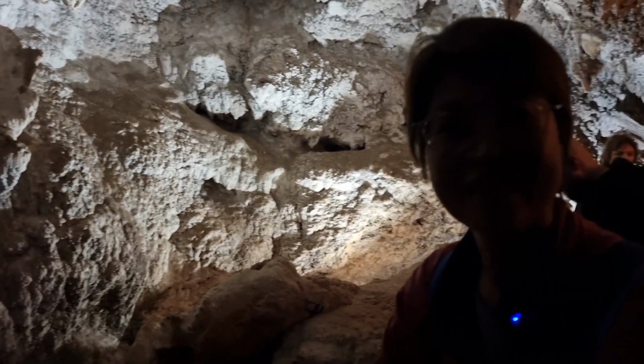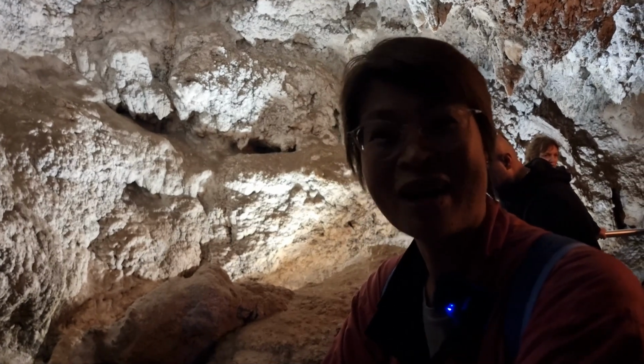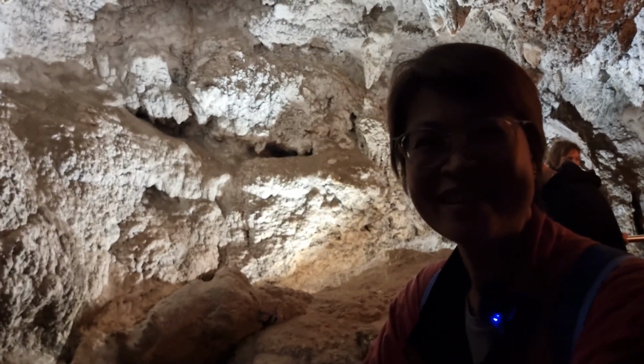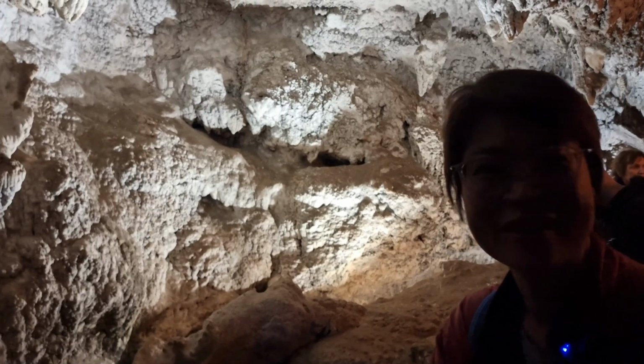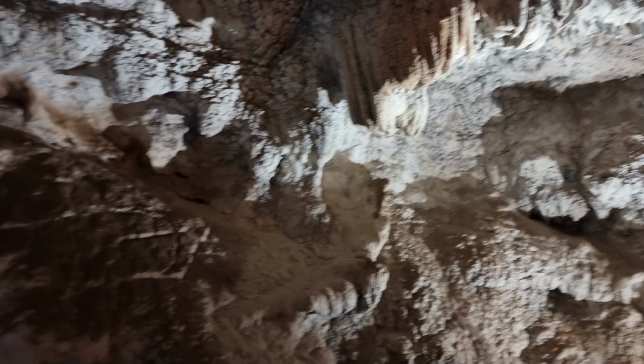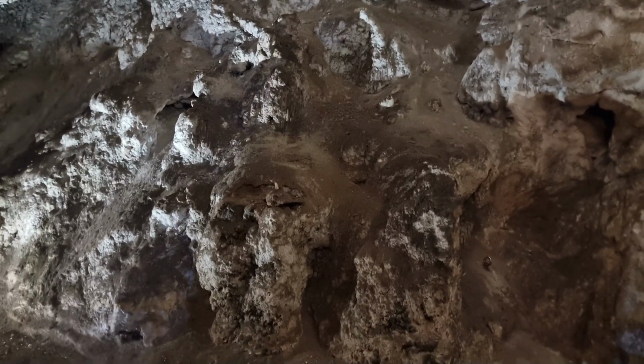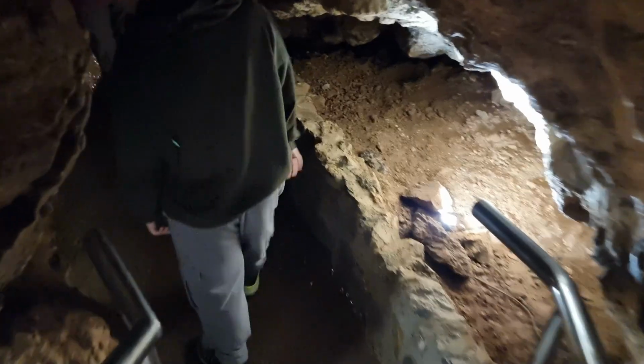Now, the reason the crystal appears like this is because caves breathe. In the summer, you get air drawn in through the top of the mountain and it goes out to the arch. In the winter, it's...